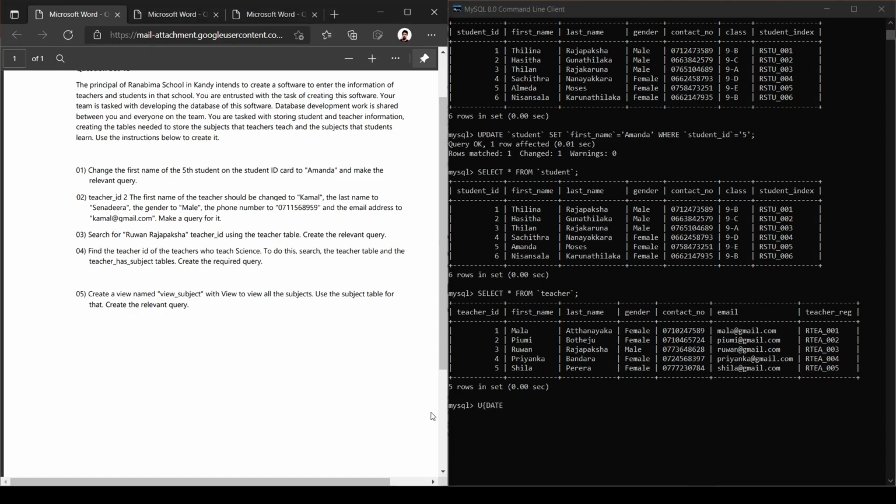Update database and the table name, the teacher table, set first name as Kamal, and we can